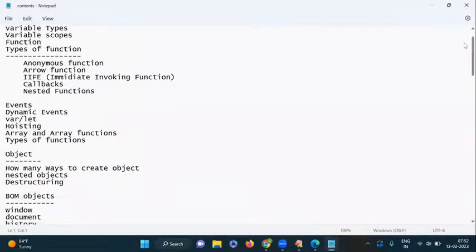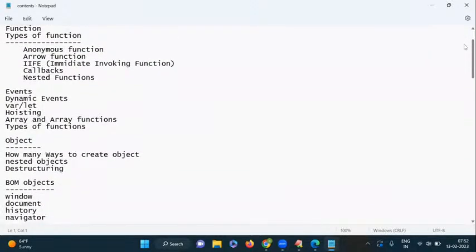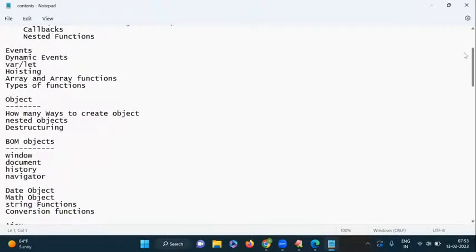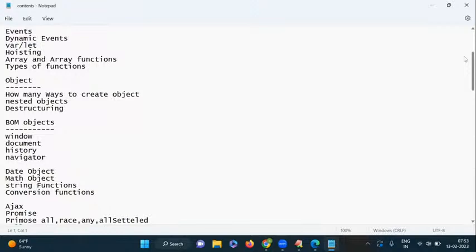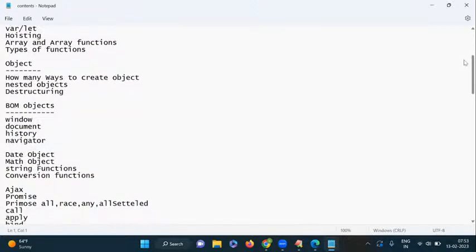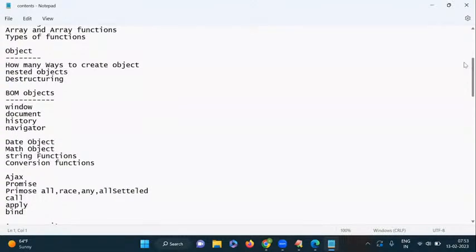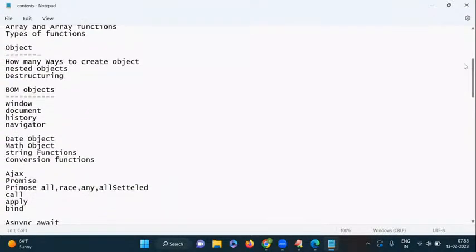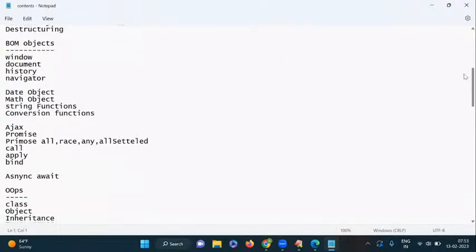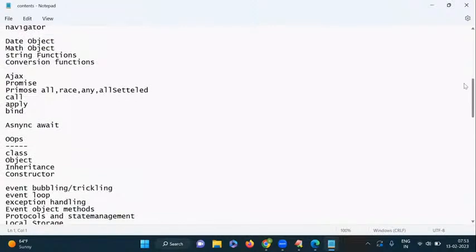Functions and how many types of functions we have, events and dynamic events, hoisting, array related functions, and objects, and how to work with the object. Object is very important because the data coming from Ajax is in the form of object only. So how to read the object, and what the BOM objects we have, date object, math, string, conversion